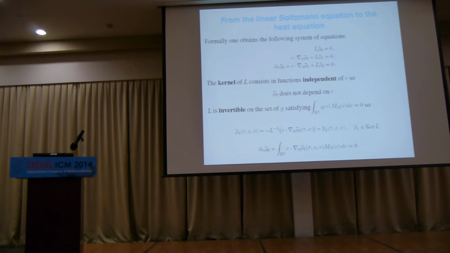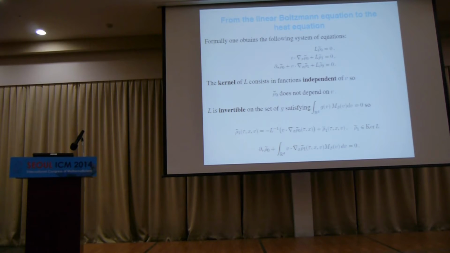So that's good. Then to get rho 1, it's very easy. I just have to take L to the minus 1 of this guy here. Am I allowed to invert L? Yes, you can prove that you can, when you compute against functions whose average against the Gaussian is 0. Rho 0 doesn't depend on v, and the average of v against the Gaussian is 0, so I can write this. Rho 1 is this guy plus something in the kernel. So I have a formula for rho 1 in terms of rho 0 plus something in the kernel.